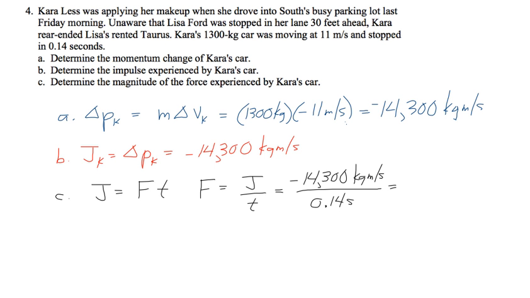So if you solve this, I know it's going to be a negative number, and it's big enough that I wrote it in scientific notation. So it's about negative 1.02 times 10 to the 5th newtons. Don't forget the negative either, because it was a force to slow it down, not to speed it up. Any questions with that? All right. So now